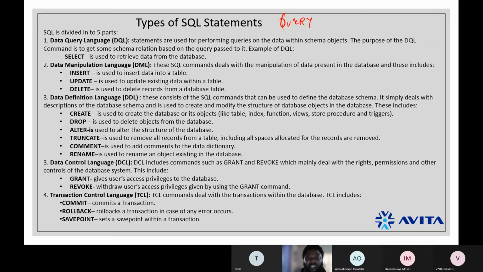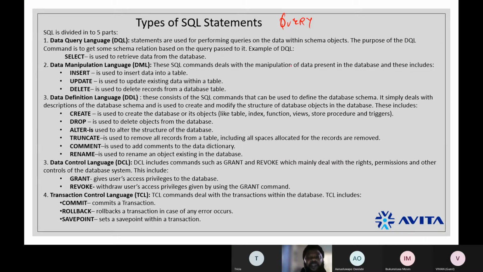So in SQL, what happens in the background is that when you send a search on Google, an underlying SQL statement is written for that question that you ask Google, right? Google does not understand what is this and this and this. What it does is that it isolates the keywords from what you have asked and writes an SQL statement to fit what you have done. Don't worry, as you proceed, you will understand all of that better.